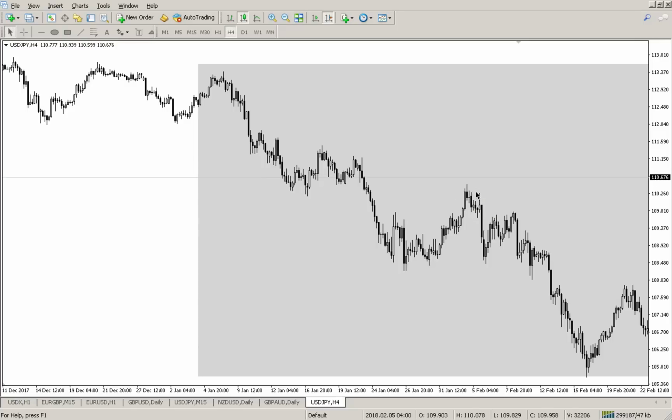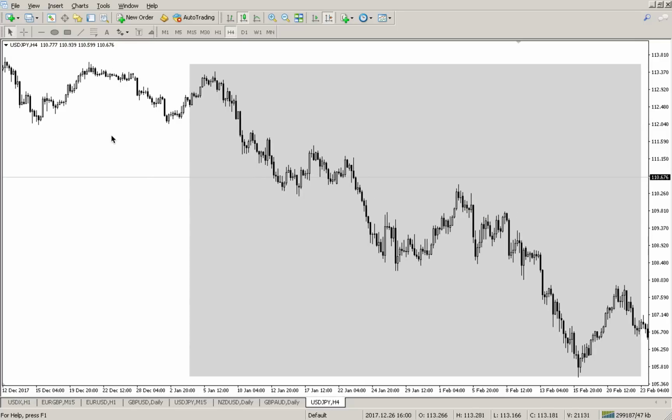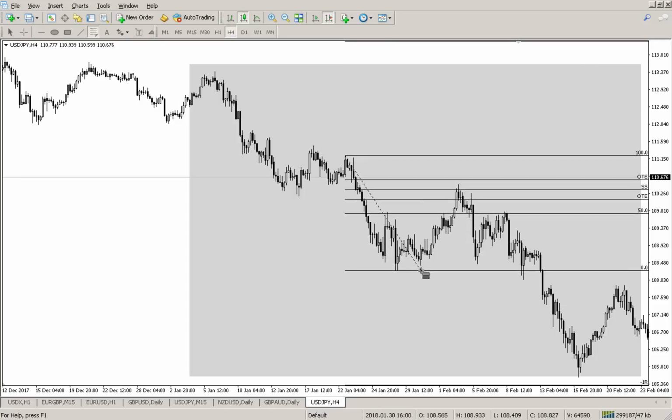All right, guys, you want to be buying a retracement. The way retracements work is that you are buying price when it's at the best possible price you can get it at. You want to be buying low and selling high. So what I mean by that, guys, is if we draw a Fibonacci from a swing high right here to a swing low,